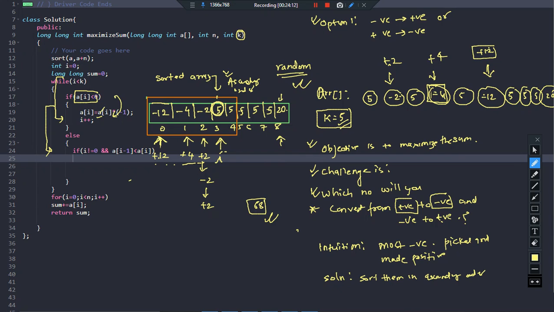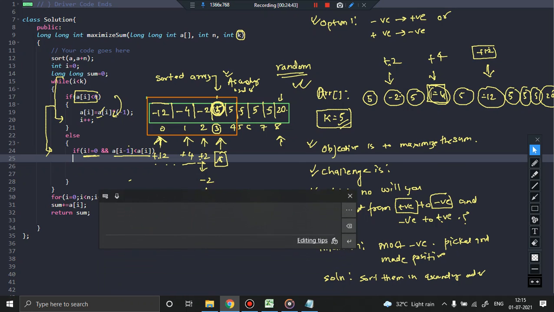But the moment you encounter a positive number, you should check whether I is not equal to 0, and in the same line check that the previous number is less than this. Obviously that is true, because the number before this was 2, and this number is 5. So a of I is greater than a of I minus 1, it is true, and I is definitely not equal to 0 because the index is 3 here.